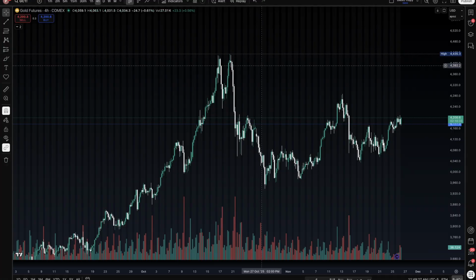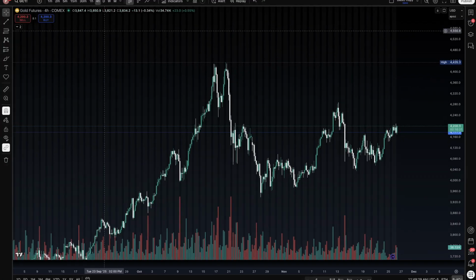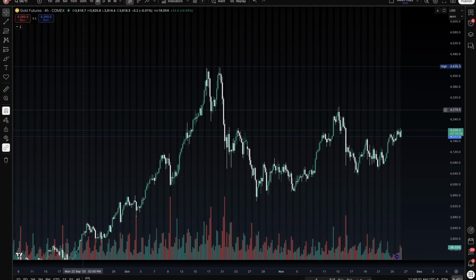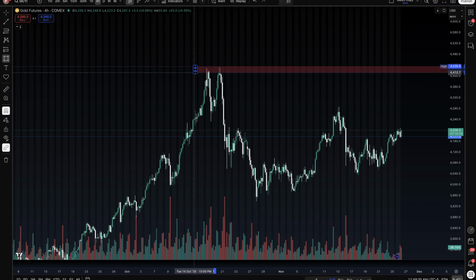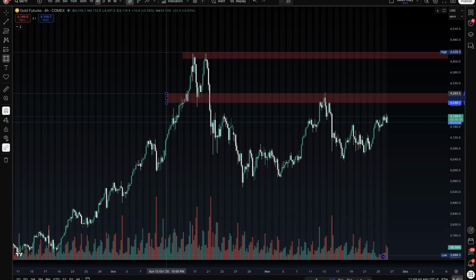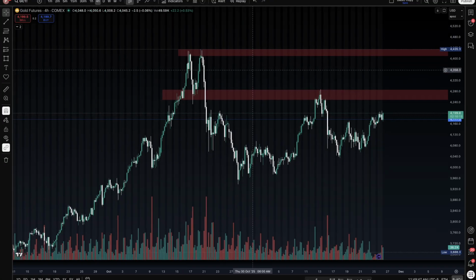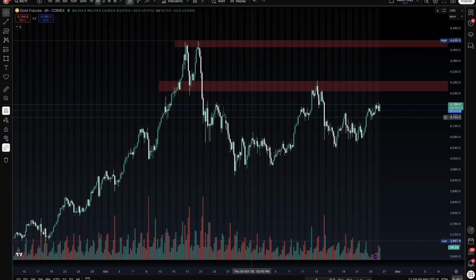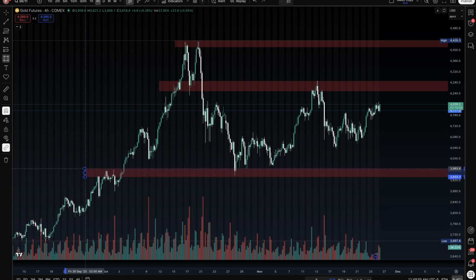All right. So looking at GC here, the first thing we see, obviously there's this big level up here, right? Any other 4-hour levels, we see one right here as well, right around this level, going down more, one right here. This is kind of a bigger level,